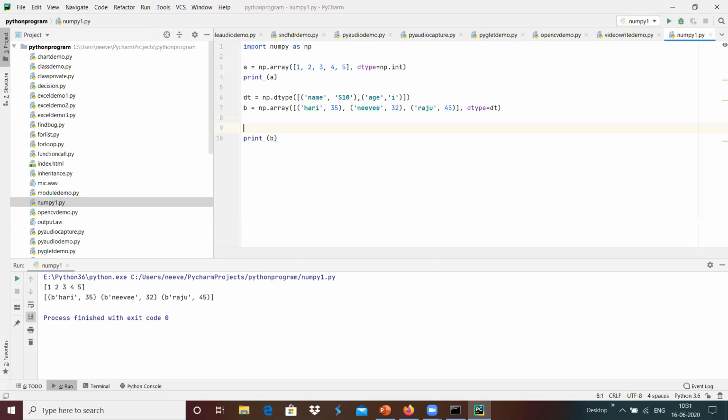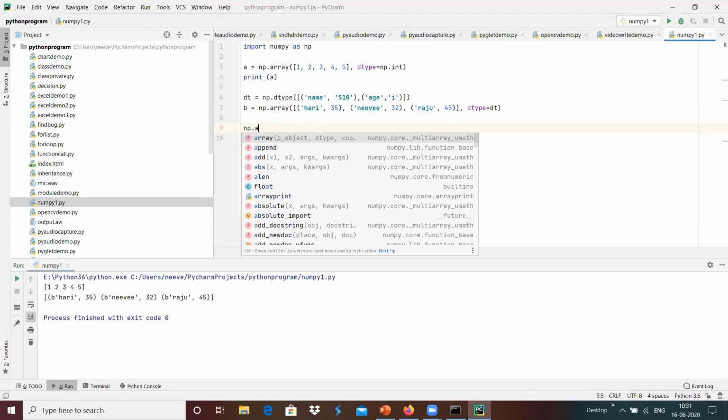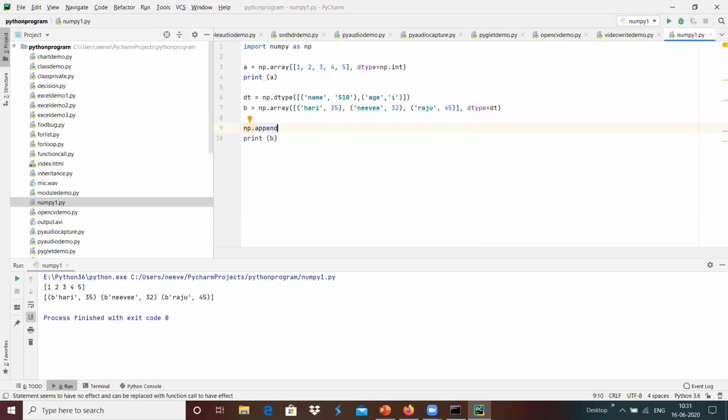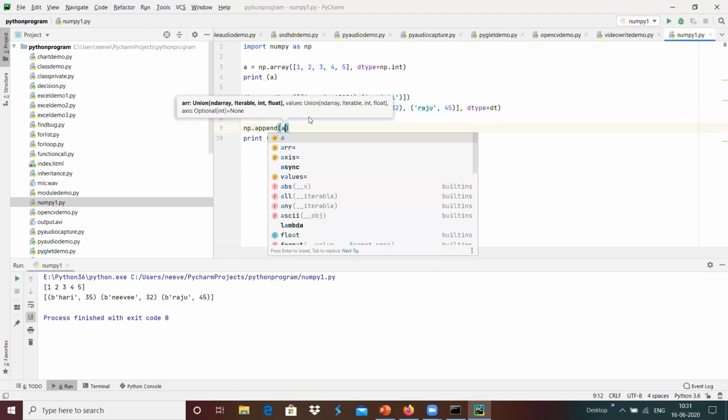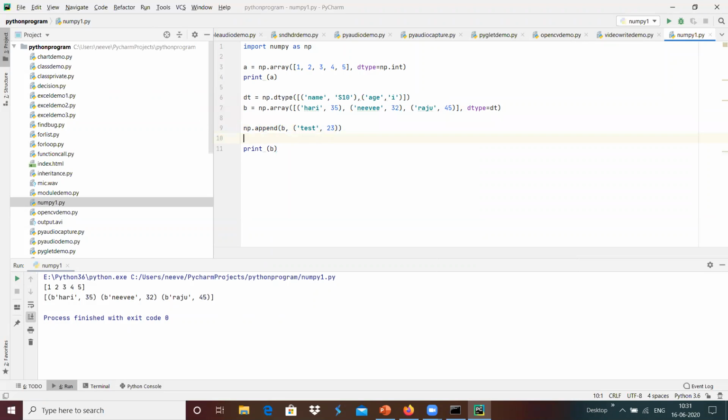Now if suppose we wanted to add something, we will see over here. For example, I'm going to do np dot append, maybe b, comma values. Values I'm going to enter over here, and maybe the test, which is something like 23.